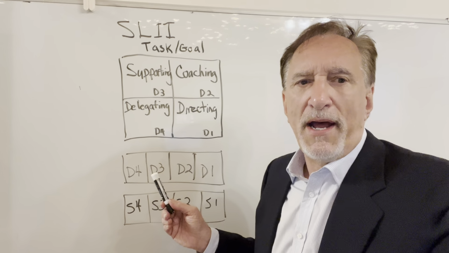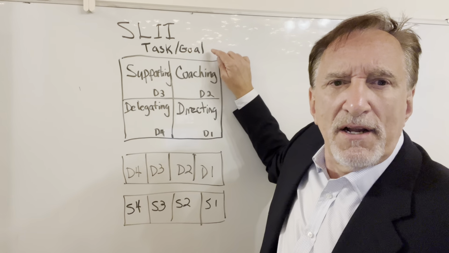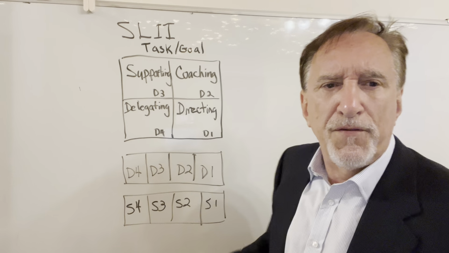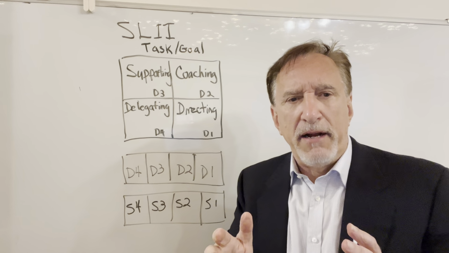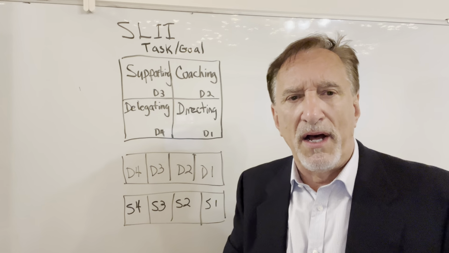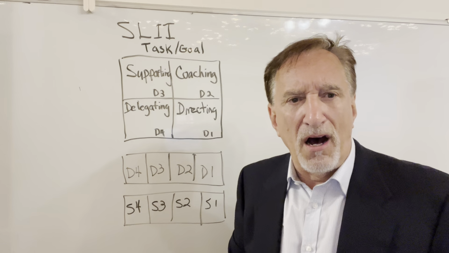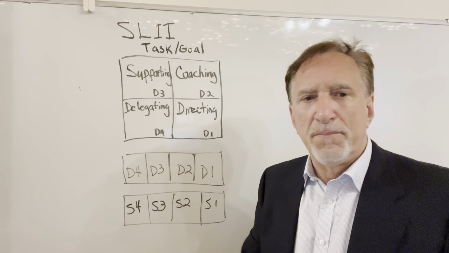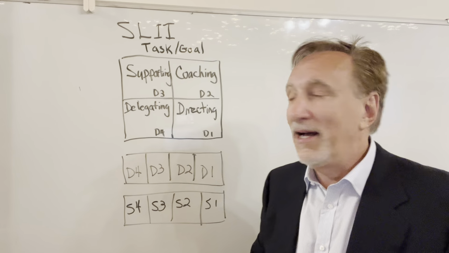Because when you're at a certain development level, and to reiterate from yesterday, it's based upon a task or a goal. So, for example, if I was riding a bike, and I'm a pretty good bike rider, I would say I'm at a D3. I'm not a racer. I'm not going to go a marathon, but I can go pretty far on the bike. Now, if I'm first starting off on a bicycle and I've never ridden before, you're going to put training wheels on the bike, if you remember those days.